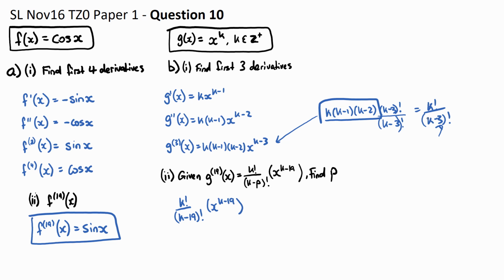I just want us to really realize that this k factorial over k minus 3 factorial will create our answer here. So if it was the third derivative, this would be k minus 3. So if this is the 19th derivative, this is k minus 19. So we can just write hence p will be equal to 19. Okay, that's the answer to part